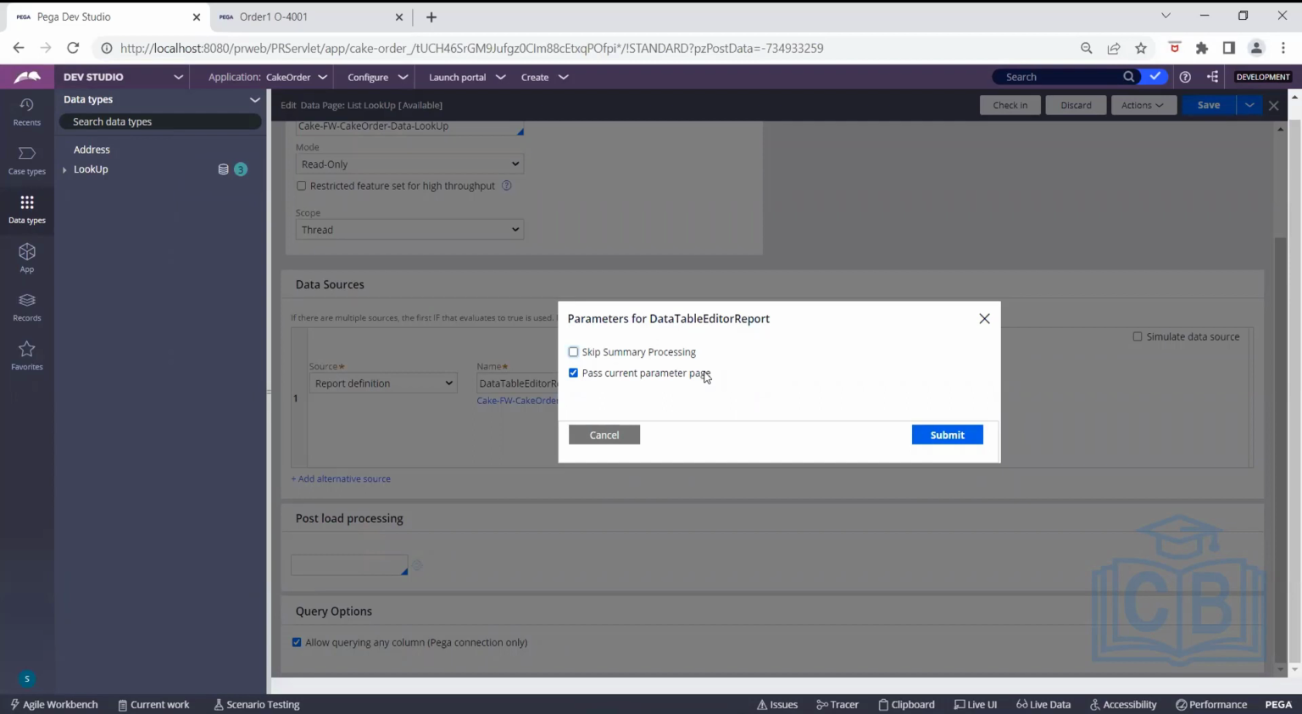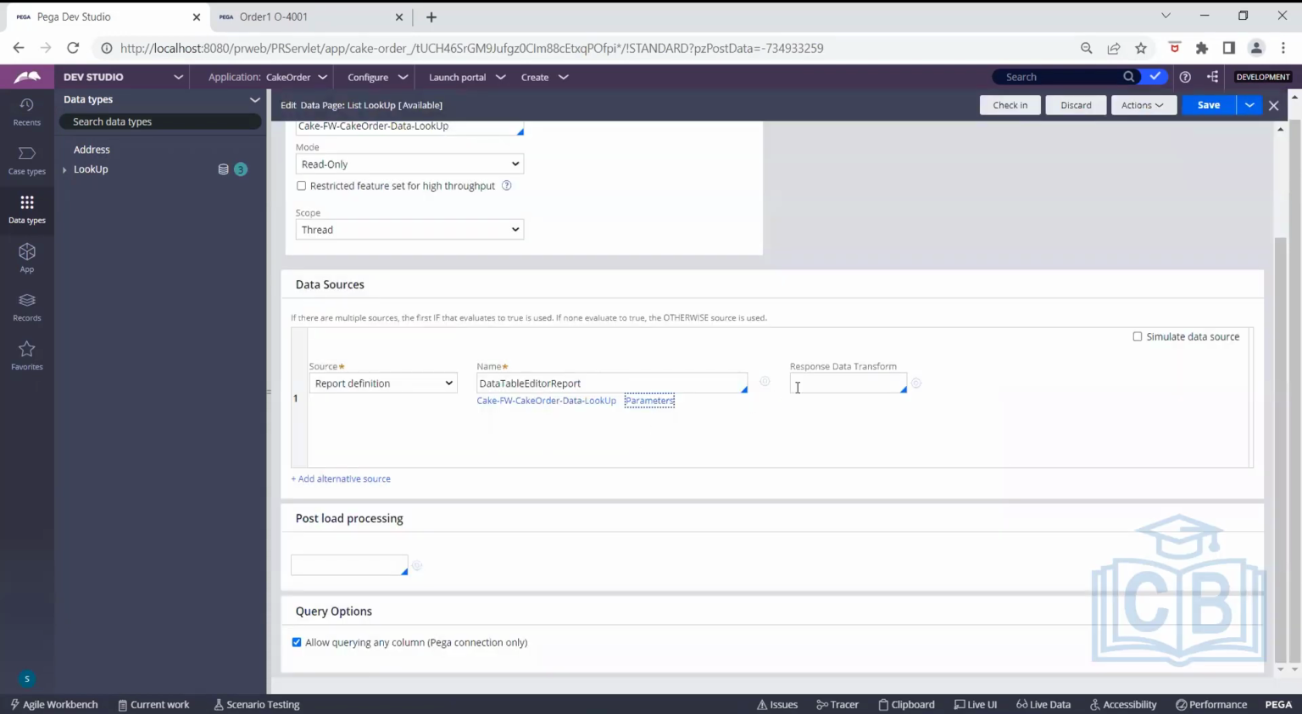Now what happens from that section? You have entered cake, right? That cake will be passed to this data page. From this data page, it will be passed to that report definition. Now, if you open that report definition,